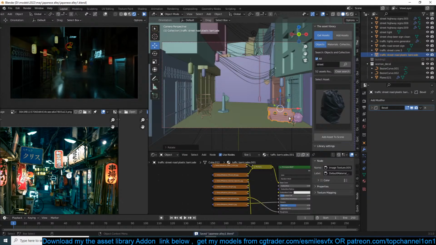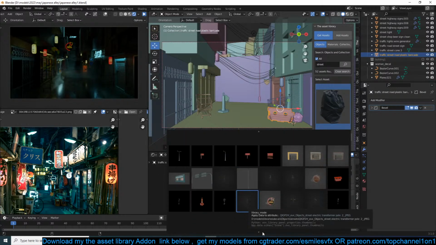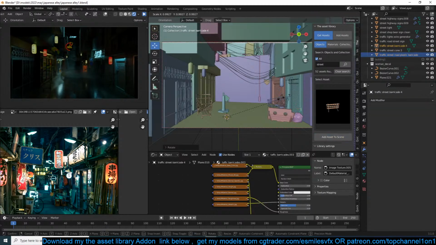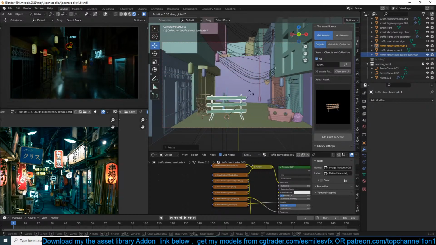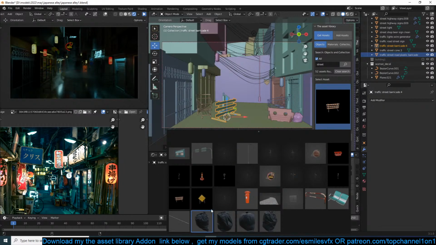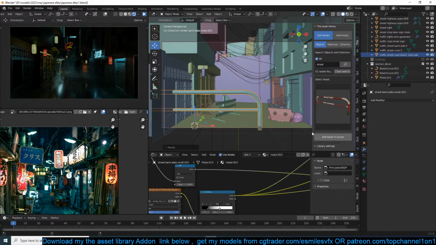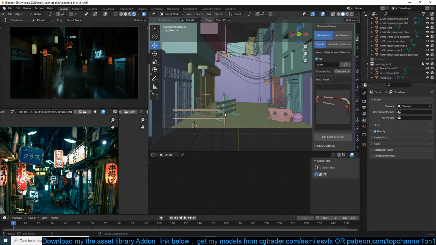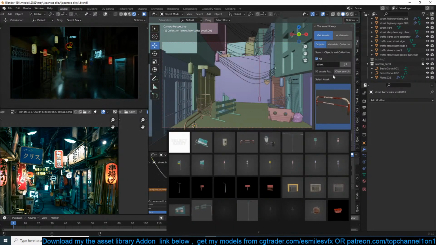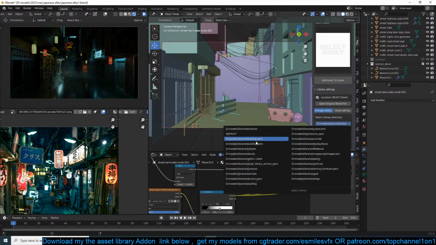Does it matter, the samples, when you render? Yes, samples really matter a lot because they determine the quality of the final image. You get less noise when you have a lot of samples.